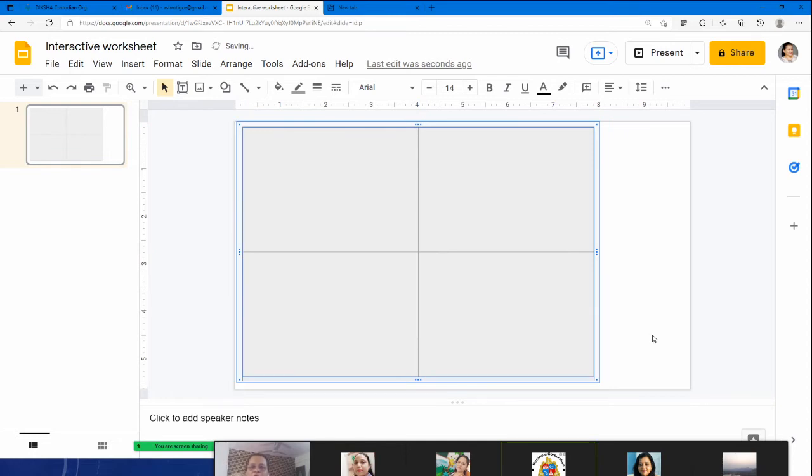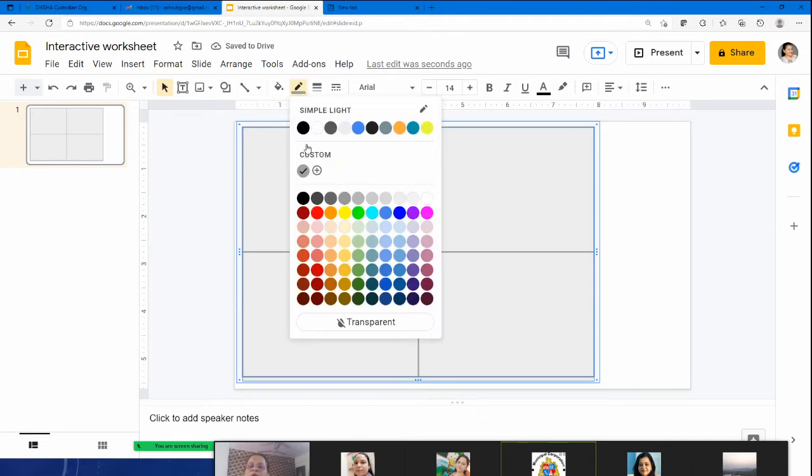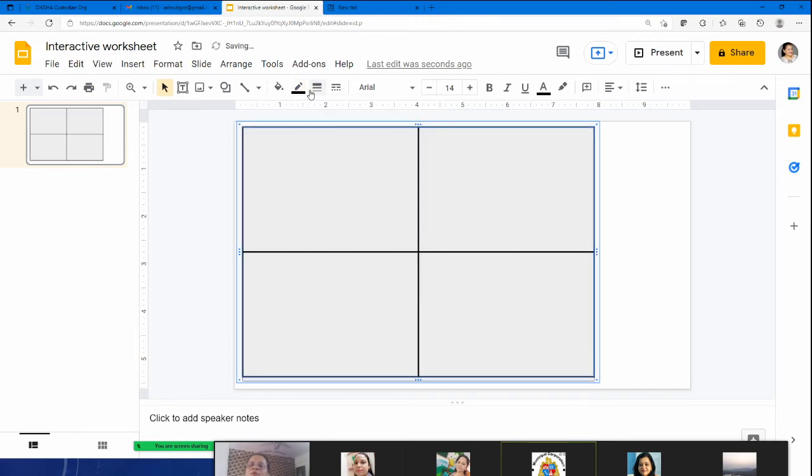Yeah, so I've got a box. Now all that I need to do is add images to it. Okay, so how do we add images to it? Once this is done, let's suppose you want to increase the width of this, so maybe you can just increase the border width say by 3 points, and you can change the color if you want. Let's suppose we want to take black color. We want to make it thick. Okay, so this is there.